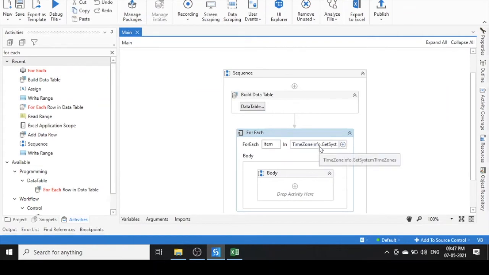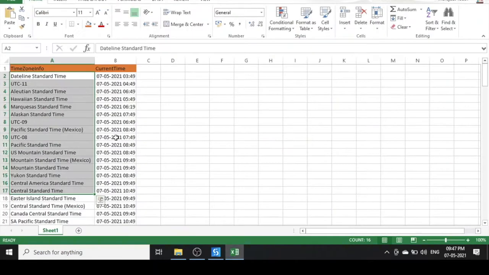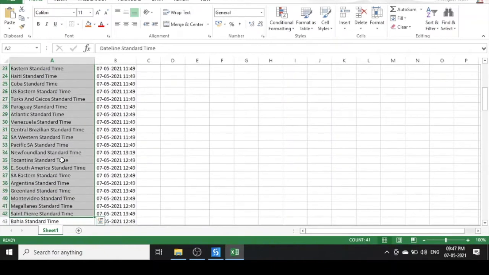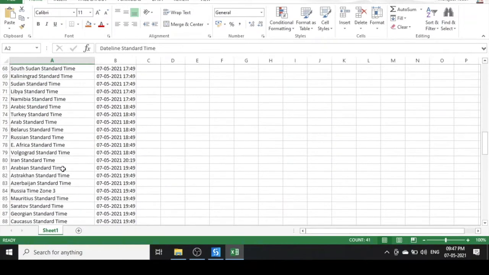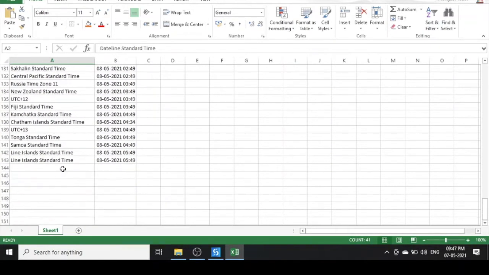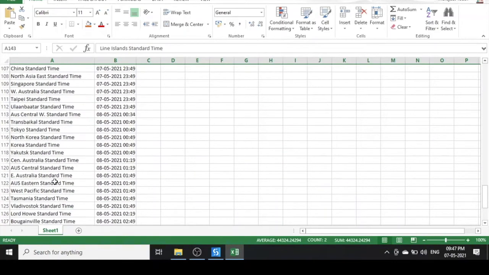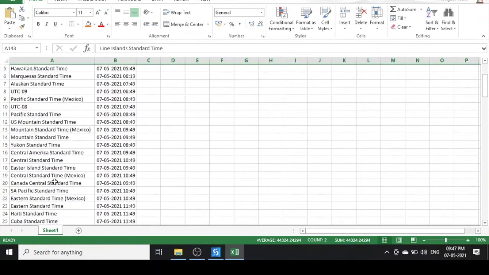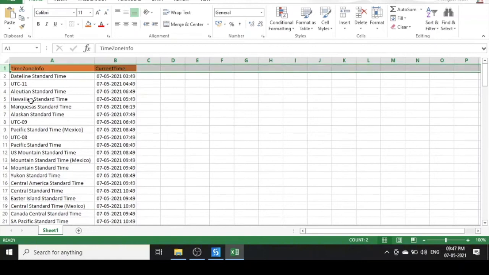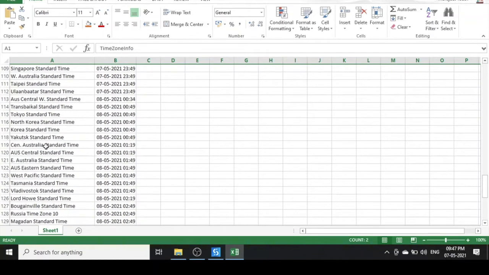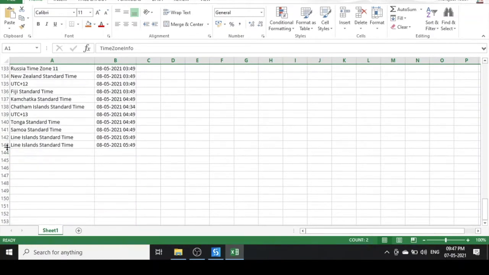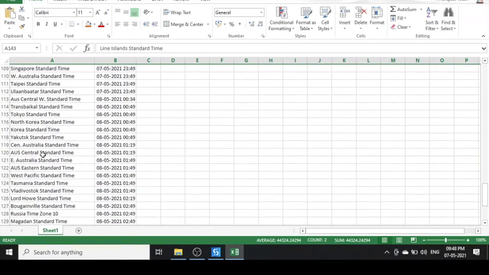So it will give you all the time zones. If you see, we are having a total of 142 time zones, ignoring the header.